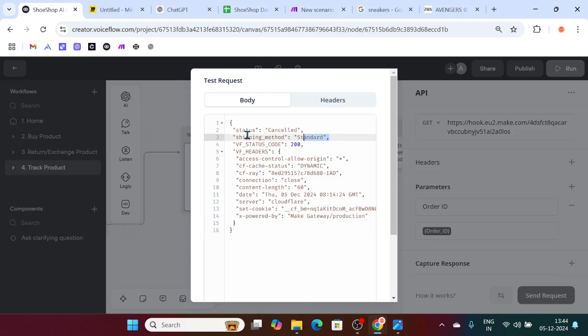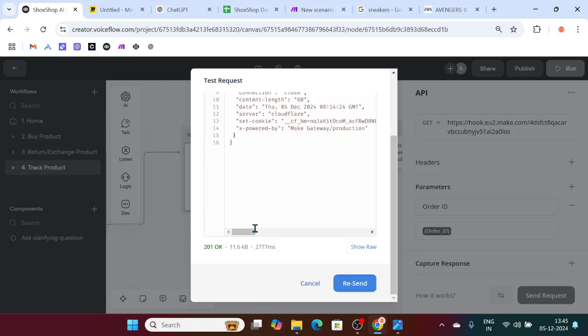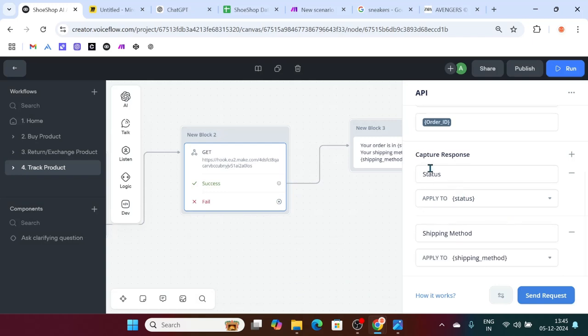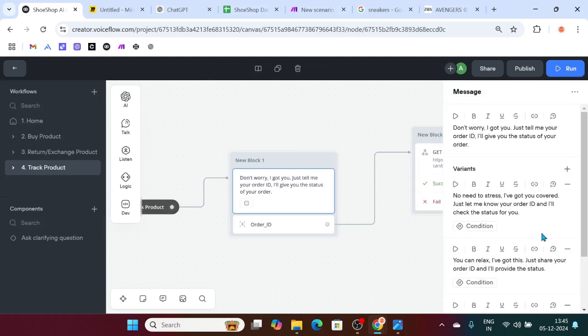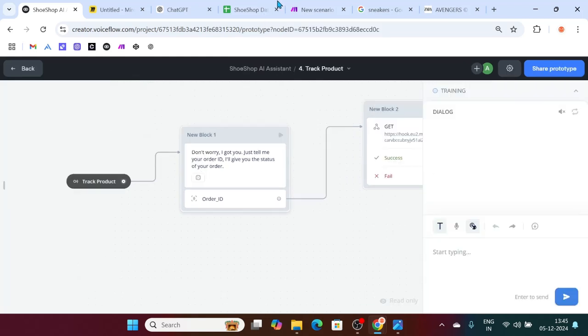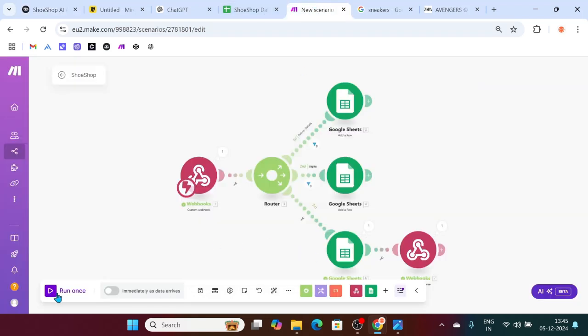Thank God, guys, we got it. So this is the status. This is the shipping status. So all I have to do now is go here and the key is status. The key is shipping method. Nice. Wait, this time we got it. I just need to run the Make scenario once again